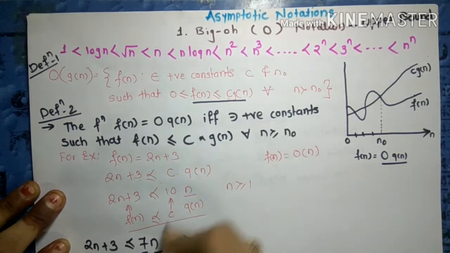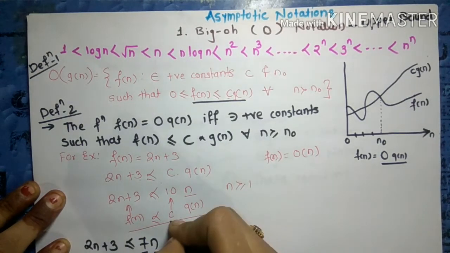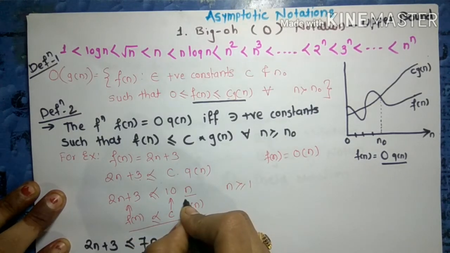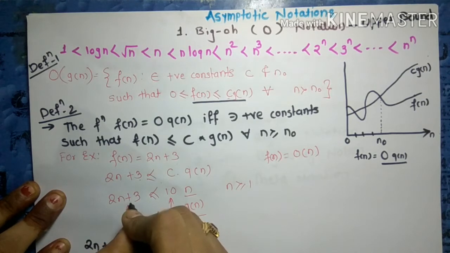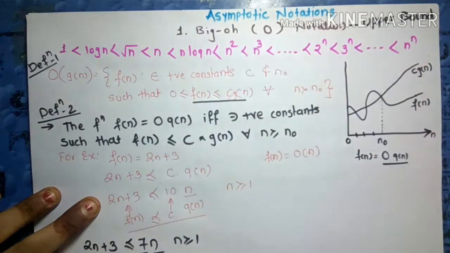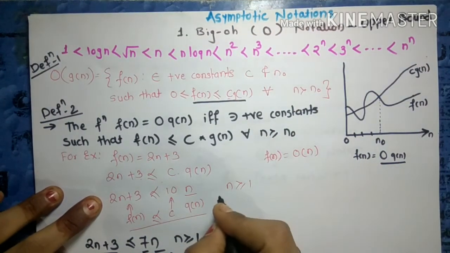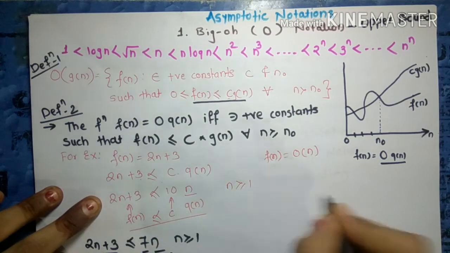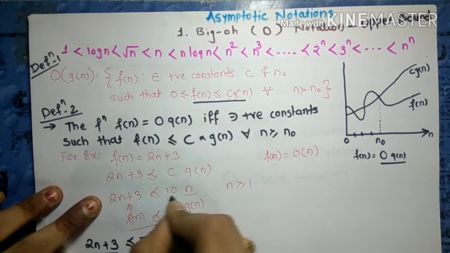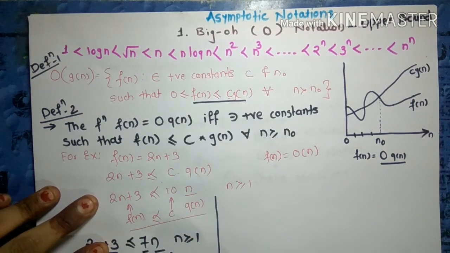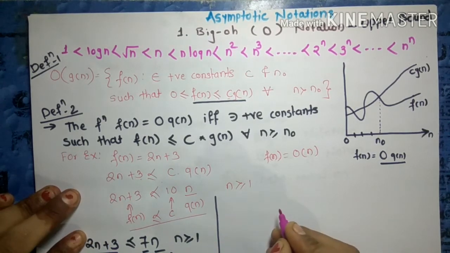So instead of struggling with which number we have to take as c to make this side greater than f of n, what exactly are we doing here in big O notation? We are finding the worst case time, the maximum upper bound. So in any case f of n should be less than or equal to g of n. So this will be another trick for all of you.